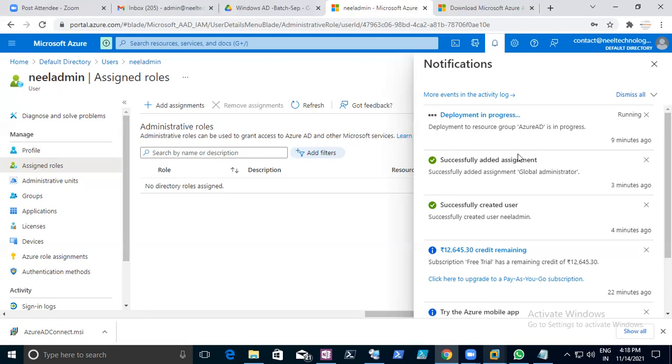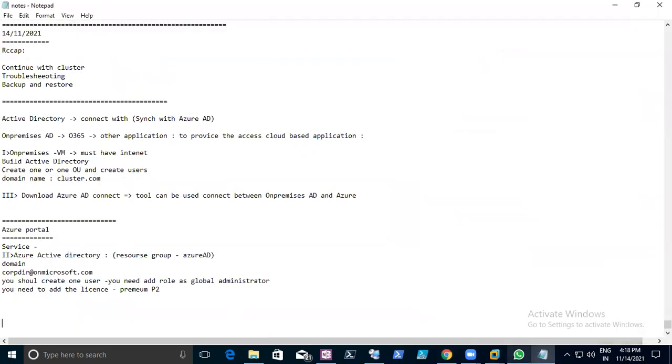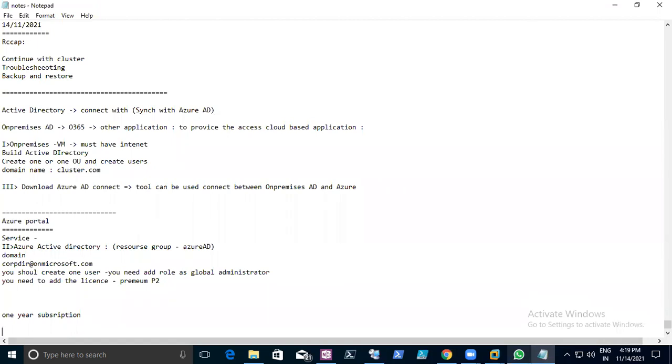Now, when we create an Azure subscription, the free one, is a credit card required? Yes, it's required. Is it auto renewed after the subscription is over? No. What happens is, it will give you 30 days; it's actually a 1 year subscription. And the promo value gives you around $300 for 1 month, which is free.